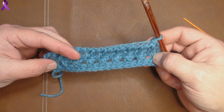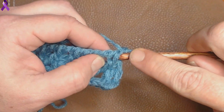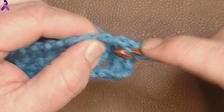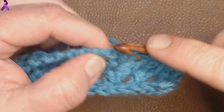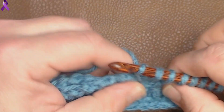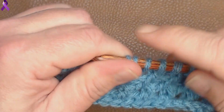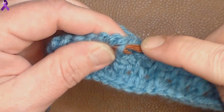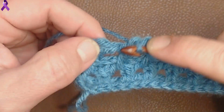Now we're going to do our second row, which is we'll do row 4, which is also our second row of the repeat, which is 1 Tunisian simple stitch right there. And then remember, we go through the big gap as a knit. Simple stitch, knit stitch, simple stitch, knit stitch, simple stitch, knit stitch, simple stitch, knit stitch, simple stitch, knit stitch, simple stitch, knit stitch, a simple, a knit,